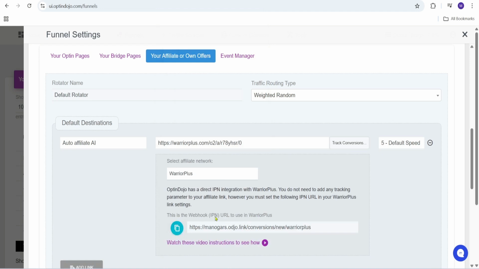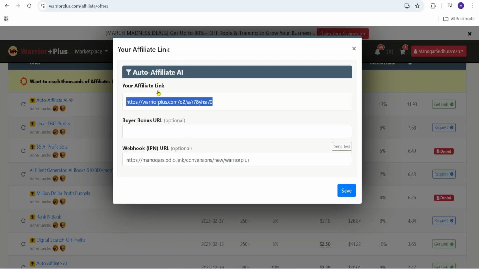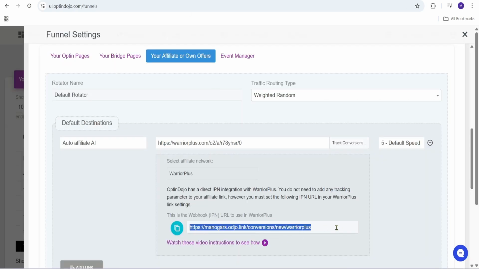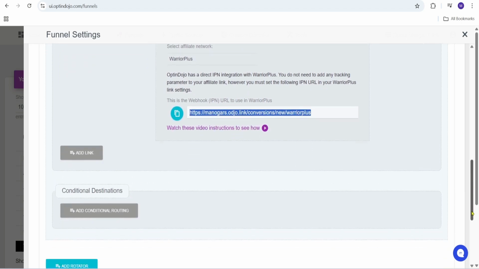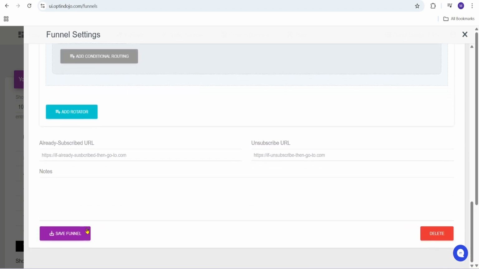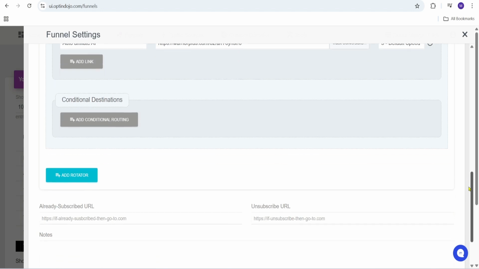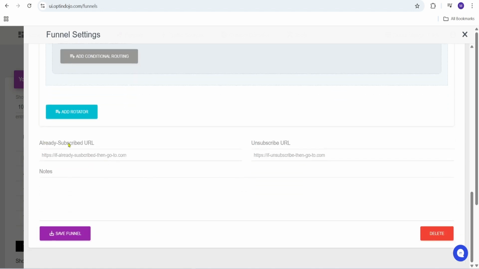And here you need to copy this webhook IPN URL. Copy this and go back to your affiliate marketplace, which is Warrior Plus, and just paste it over here. That's it. That simple it is. And click on save button over here. Once saved, you can go back here, and again you can just come down and click on the save funnel. Now you have integrated Opt-in Dojo with your affiliate marketplace,